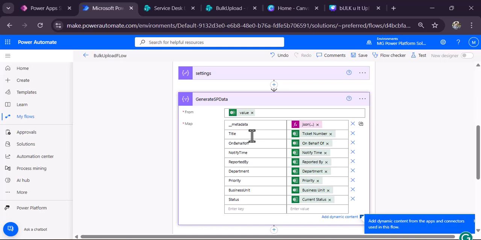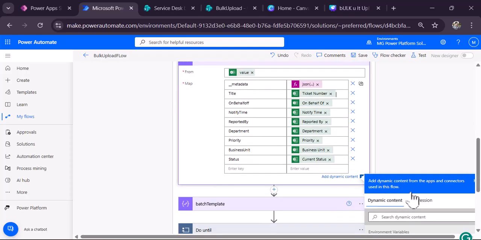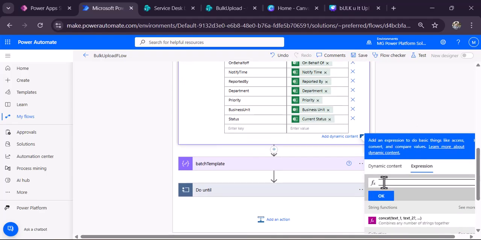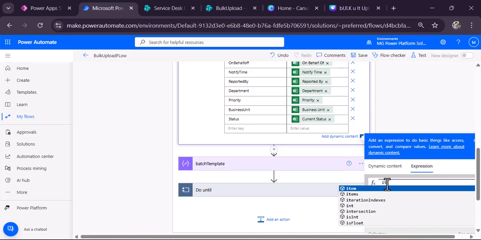Then the SharePoint list title I'm mapping with the ticket number. Let me show you how you can map the values here. Provide the name from this one, you can add it manually, and the value side you have to map the expression. When you click here and here this is the ticket number, and in the expression if you take item